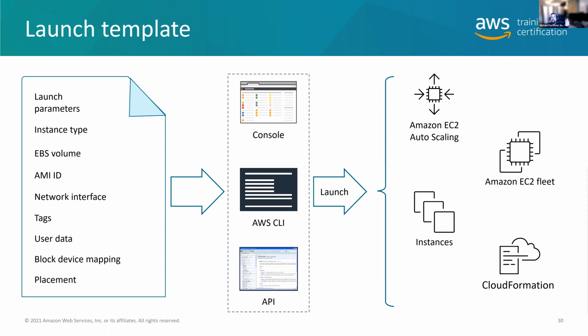Now, there is another thing called a launch configuration, which is a little older. AWS is recommending that you don't use that. They recommend that you use launch templates instead. This allows you to create predefined launch capabilities. And once you create this template, you can then just trigger the launch of it and say, I want 10 instances from this launch template. So it'll really minimize your deployment errors, increase security, help you better manage costs, all that stuff. So launch templates are going to come up a little bit later when we talk about auto scaling.